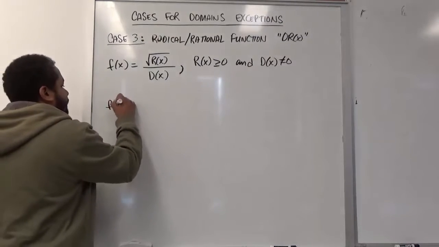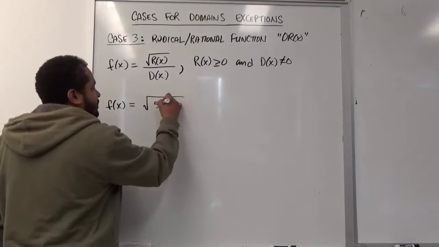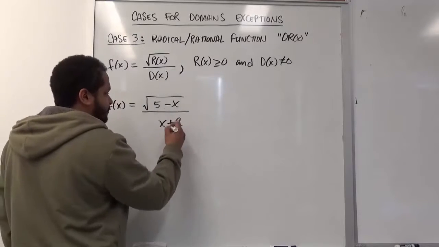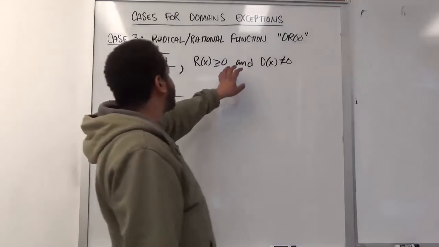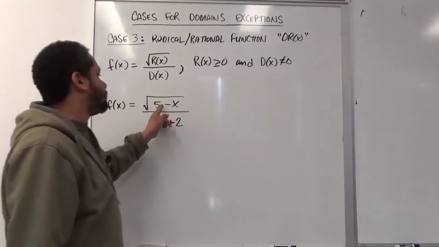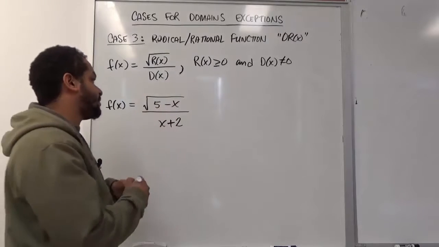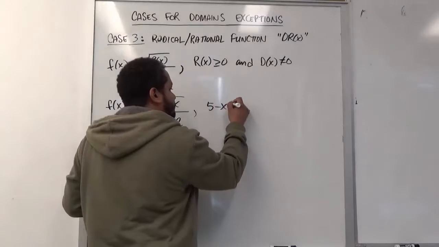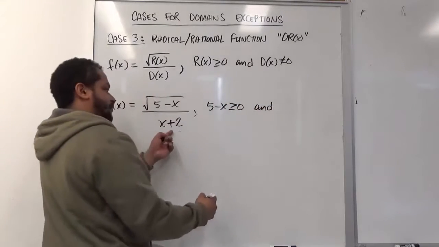And here now we'll have the function of x being the square root of 5 minus x over, we'll make this a positive 2 here. All right, so let's see if we can follow the rules real quick. Now we know for our exceptions here, the square root must be greater or equal to 0, while the denominator cannot equal 0. So let's put both of those rules down. We have 5 minus x must be greater or equal to 0, and the denominator of x plus 2